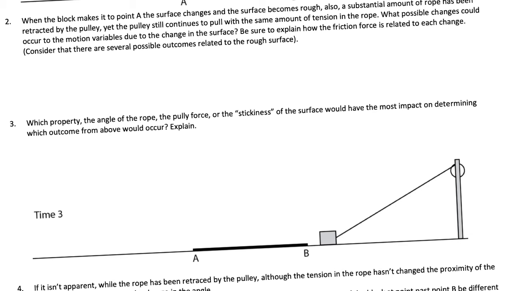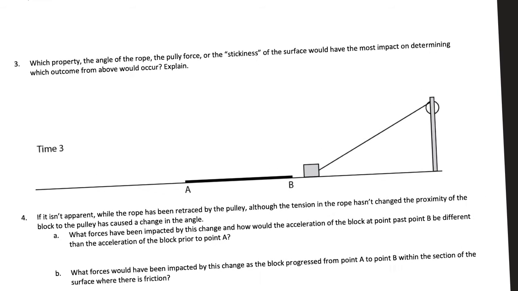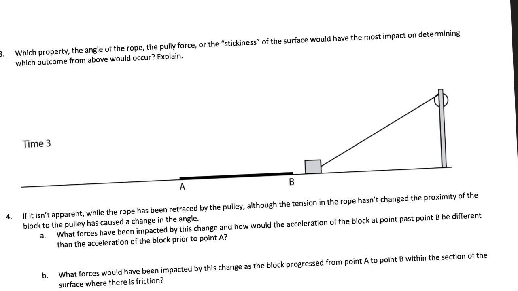It says which property, the angle of the rope, the pulling force, or the stickiness of the surface would have the most impact on determining which outcome from the above would occur. I don't think you know the answer to this question unless you worked it out. I think it's a little brazen that you think this question 4 is actually the easier of the questions. So when we take a look at this one,